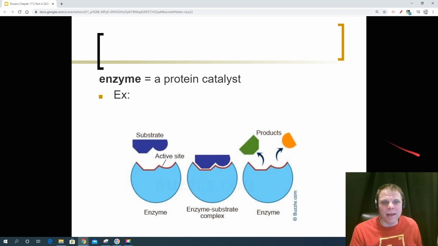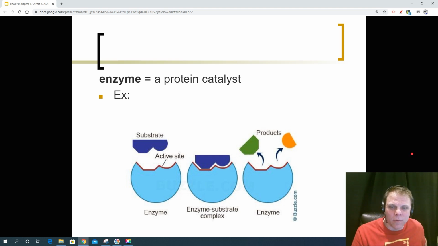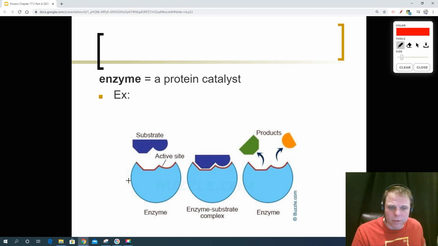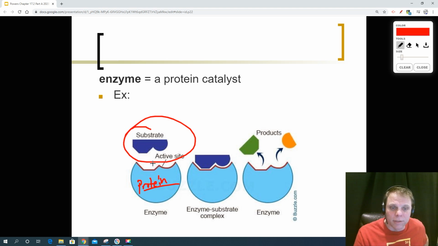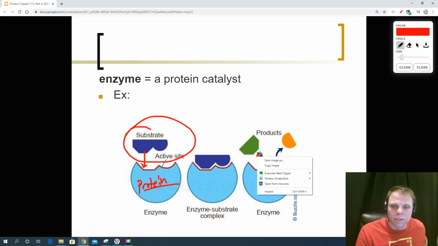All right. And here's our enzyme. Let's just take a quick gander at what an enzyme is doing. The enzyme is a protein. Okay, so this is actually made up of a whole bunch of amino acids. Okay, and the substrate is going to be another substance that is probably made up of various different types of particles, could be another protein. But the substrate is going to fit into what's called the active site of the enzyme. And when that does that, then it has the ability to break up and it forms into the different products